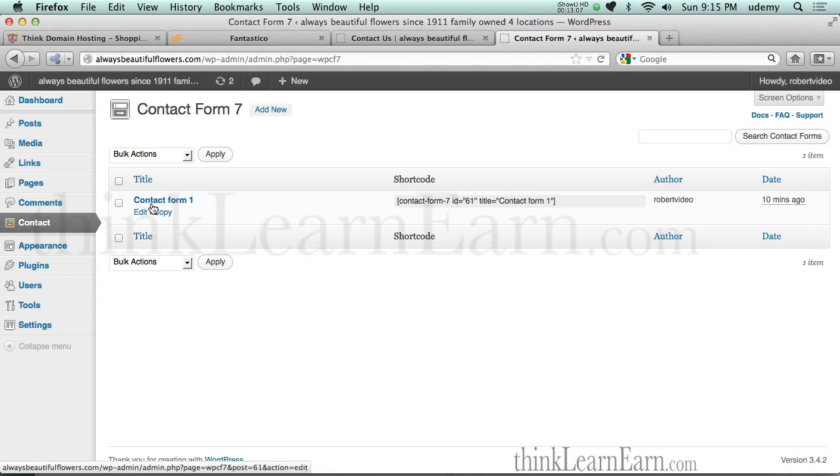I probably would not call it contact form 1. I would probably call it something that makes sense to you, pertinent to your business, like general inquiries, or where's my package, or customer service, or what's up with your site contact form. Okay. Now, what I also want to do is I want to take that same form,